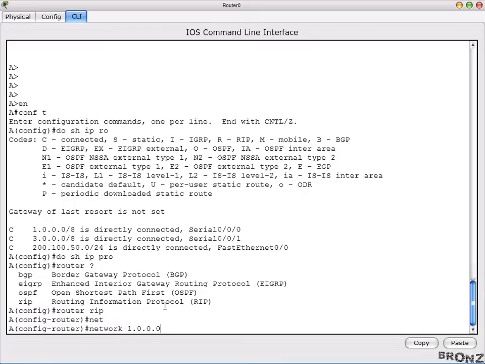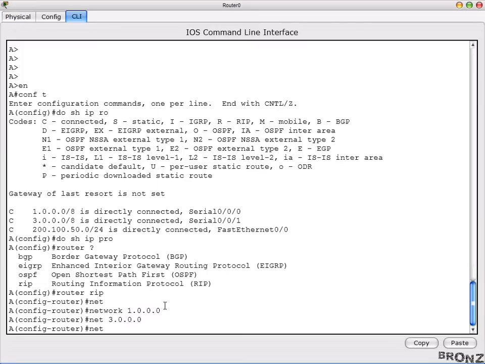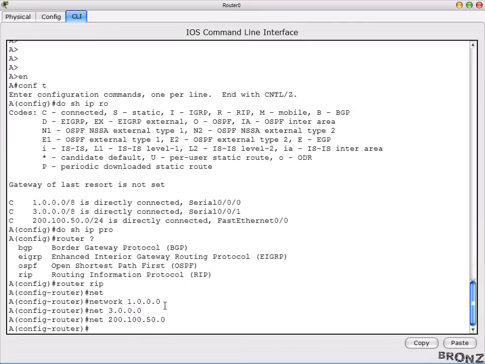Okay, so the first network ID, there you go. Then network 3.0.0.0, then network 200.100.50.0, and there you go. That's the RIP configuration